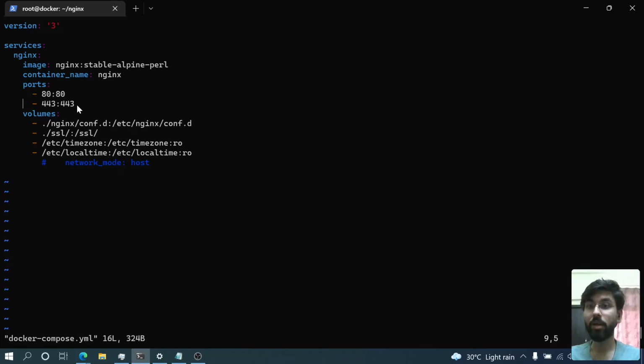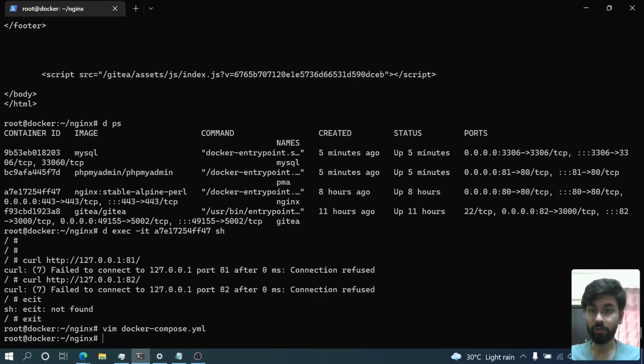It basically is saying that from within the nginx container, I am repeating myself, I know, but just to make things clear, map port 443 to port 443 of the host machine, and map the container port 80 to port 80 on the local machine, right? So now if I want to change this, let's comment this out and add another line for the network. We don't want to create a separate network, just use the default host network, right? So now if I save this,